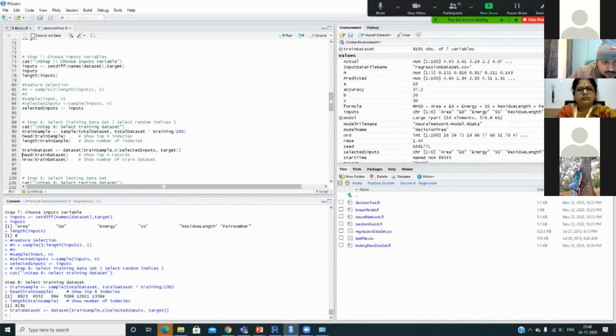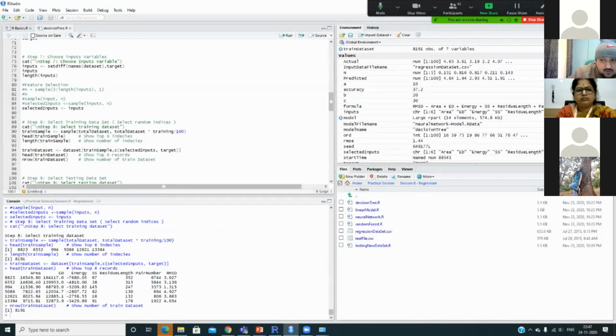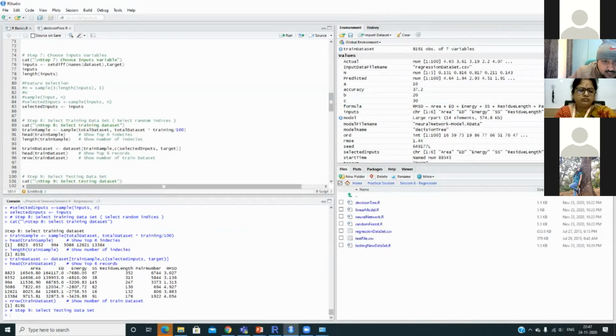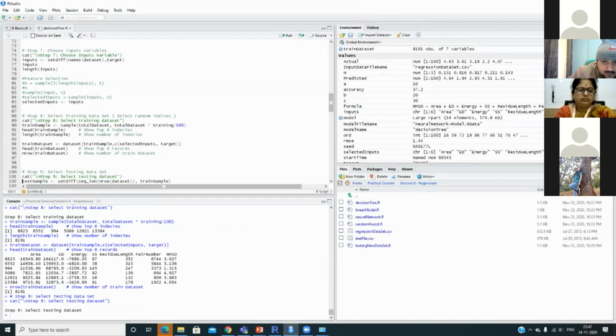And thereafter mentions that mainly most of the time the top 6 records will be taken. Okay, then the n rows, that is the next, we select the testing data set, the test samples,